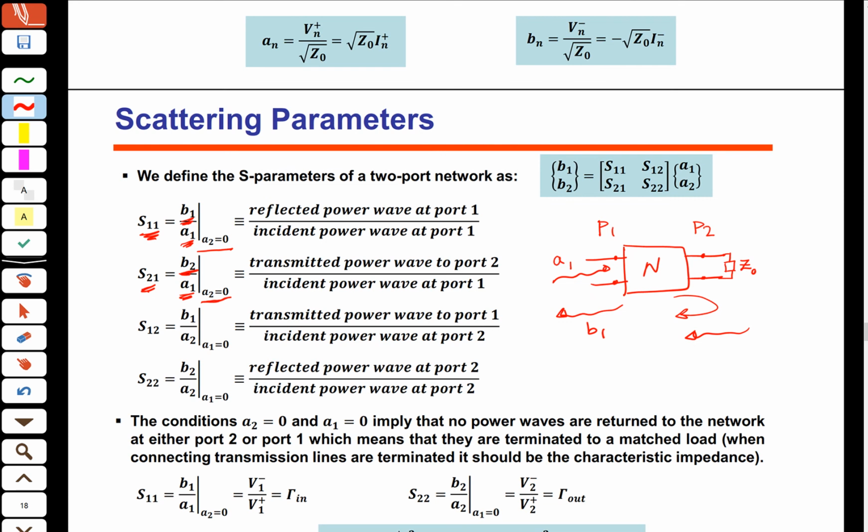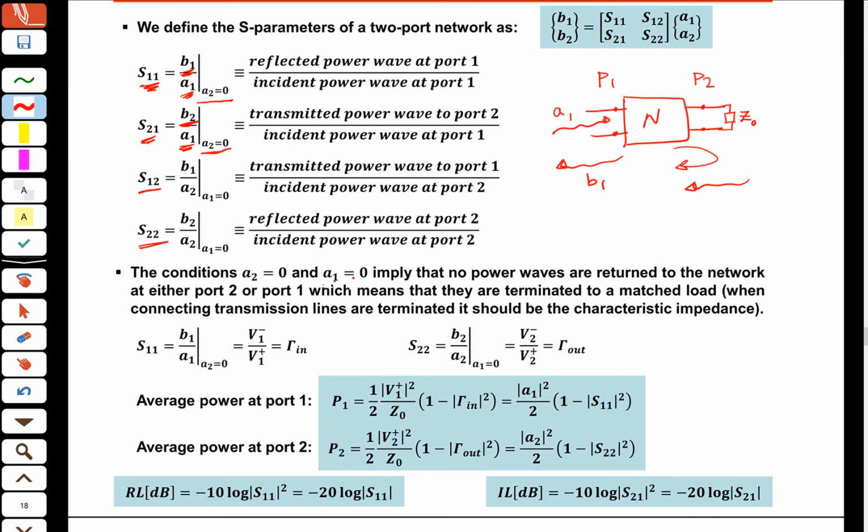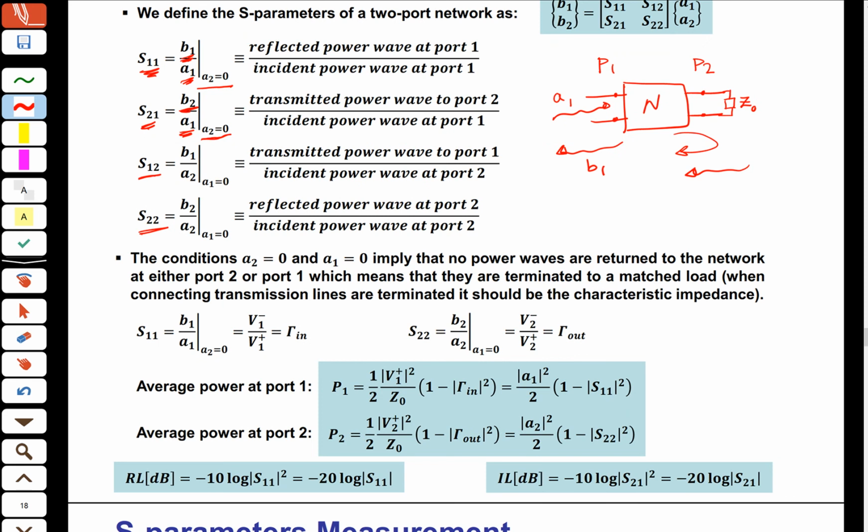Okay. The same thing for the other port. How much power I received at port 1 when I transmit something at port 2. And the same thing for the S22, which is again the definition for the reflection coefficient right now. So based on these two, we see that the V1 divided by I1 is V1 minus plus divided by V plus minus. So